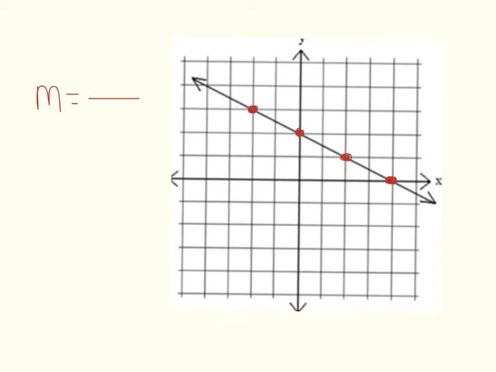All right, so for this one, let's start with this point right here, and let's just go to this point. So we went down 1 unit, so that's going to be a -1 because down is negative, and then 2 places to the right, so positive 2. All right, so your slope then is